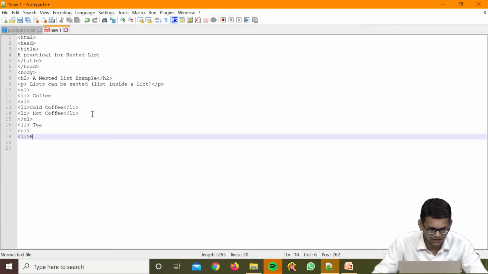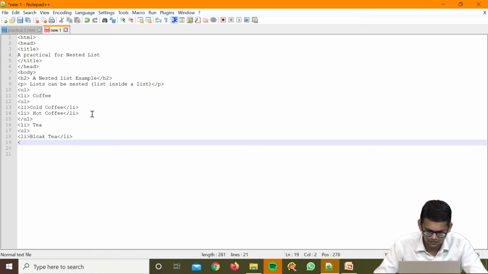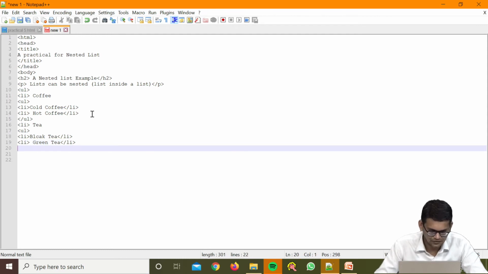So, we can say black tea and slash LI, and it should be one LI for green tea. And we can create one more for milk tea also.